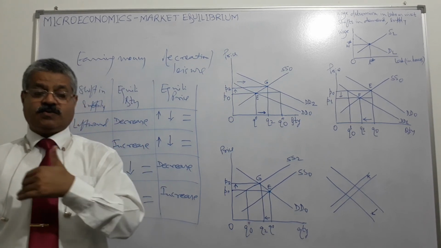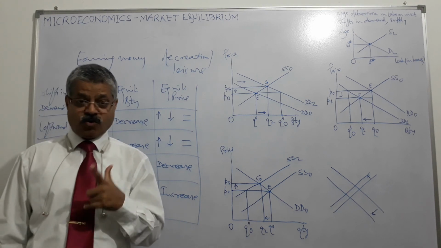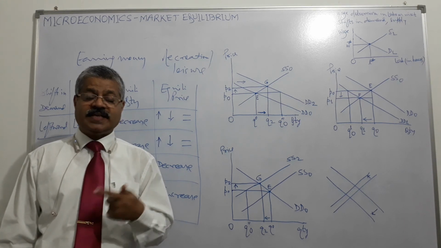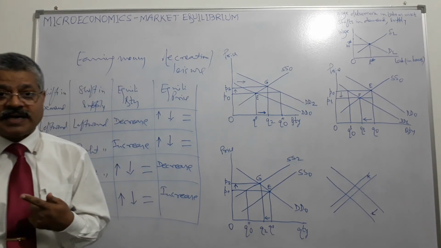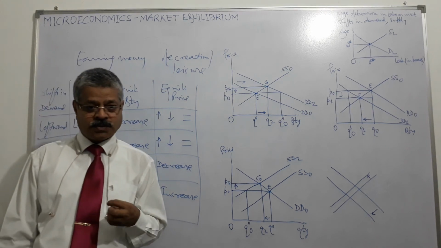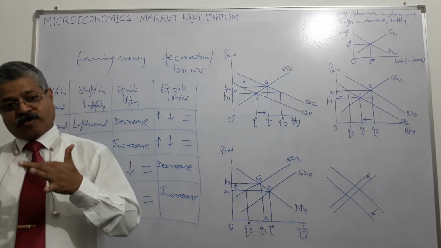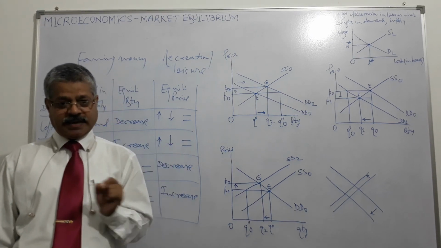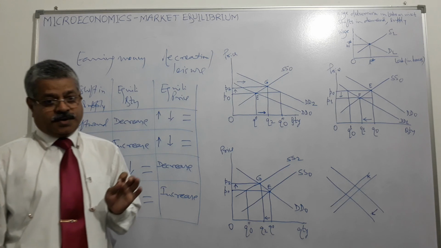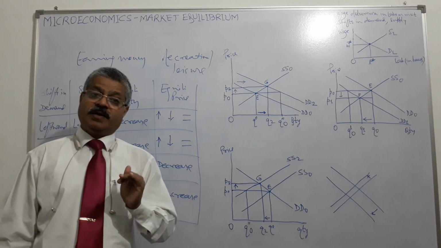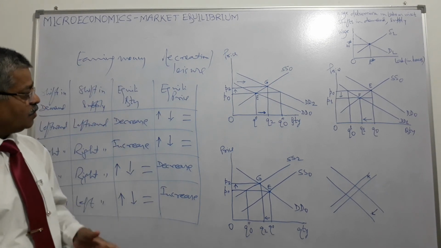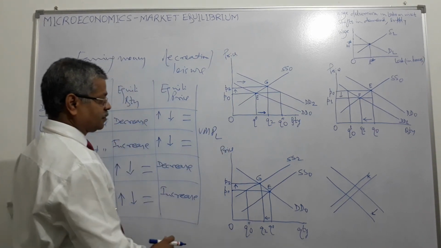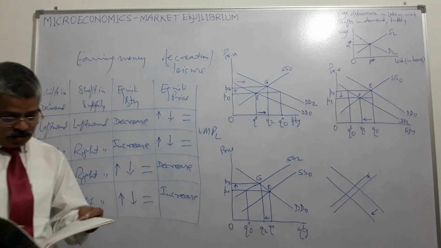Marginal revenue is equal to the price of the commodity, and we know marginal revenue is what I get as revenue by the sale of an additional unit of output. Marginal revenue is the price of the commodity, right? And therefore marginal revenue product of labor is equal to price times MPL, the value of marginal product of labor, right?